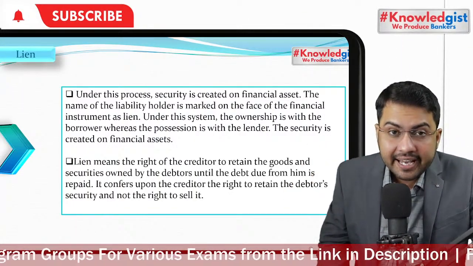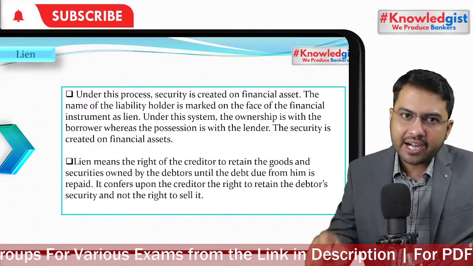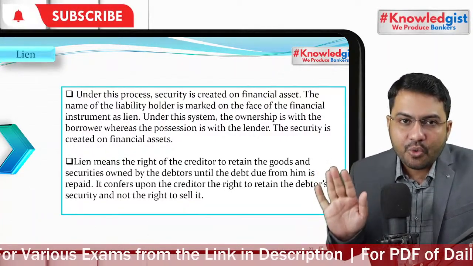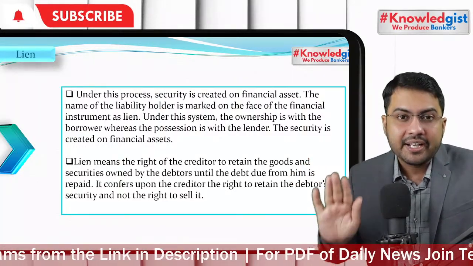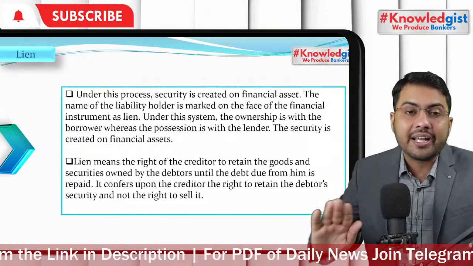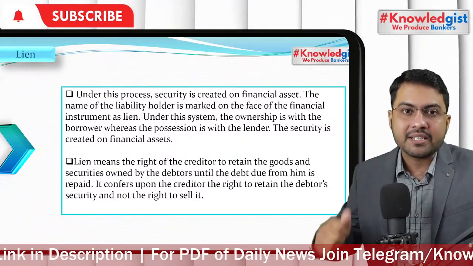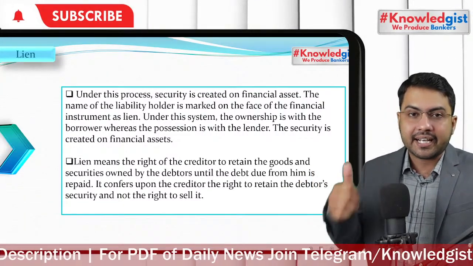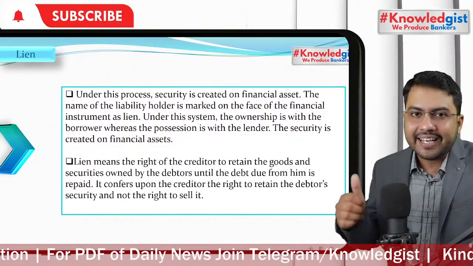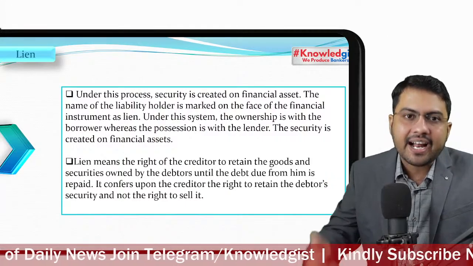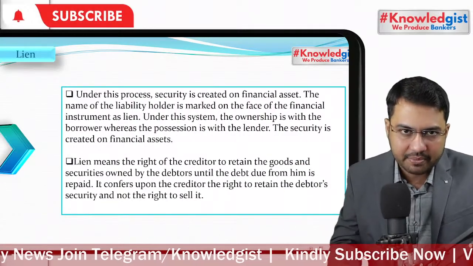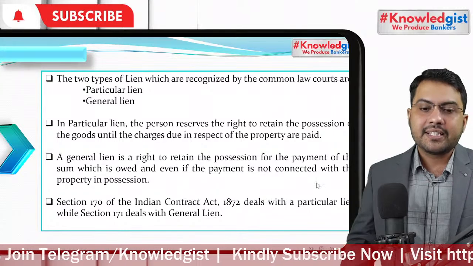But in case of a banker, the lien marked to a bank is equal to a pledge. So that's why the banker's lien is called implied pledge. That means only a banker has that kind of liberty that in case the bank's money is not repaid, the bank can sell it and get its money back from the customer or from the sale proceeds.